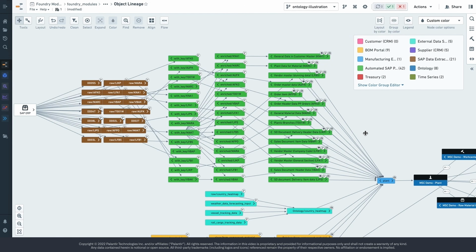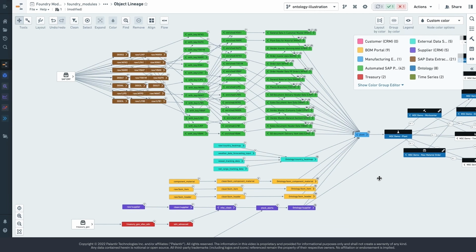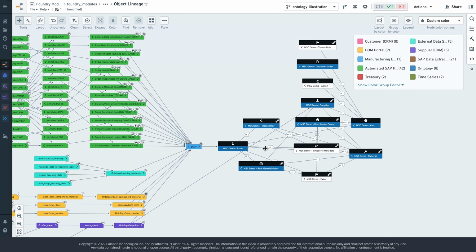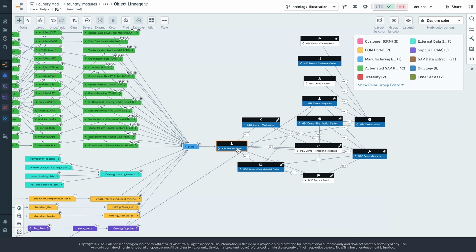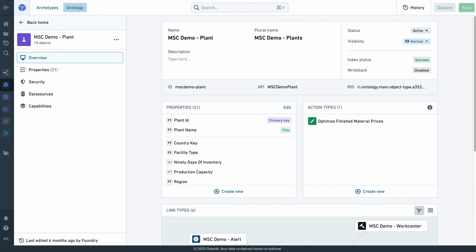All right. So we've talked a lot about, in this first mile, getting data into the ontology. Now let's actually talk about the ontology itself in a little bit more depth. So I'm going to go now into one of these objects and pop the hood on what's actually happening here. To do that, I'm going to jump into our ontology management application.